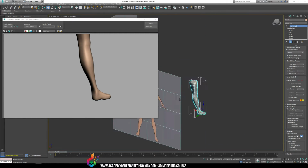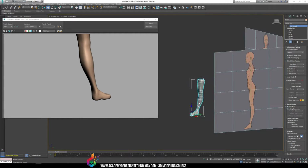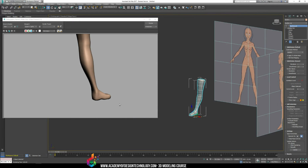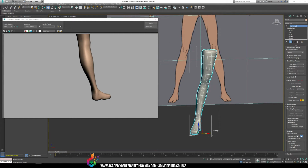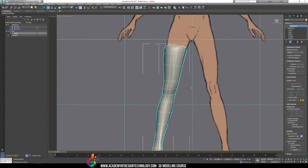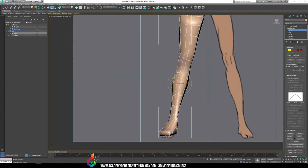Now you don't have to worry about the structure of the leg itself. Right now these legs are spread apart, so it kind of looks like an A shape. So even if it looks a little bit awkward right now, these will be adjusted to match. The one thing I would recommend is that as you're going along, because these legs are at a slight angle, your vertexes here should be at a slight angle as well. So I'm just going to angle these all out just a little bit,